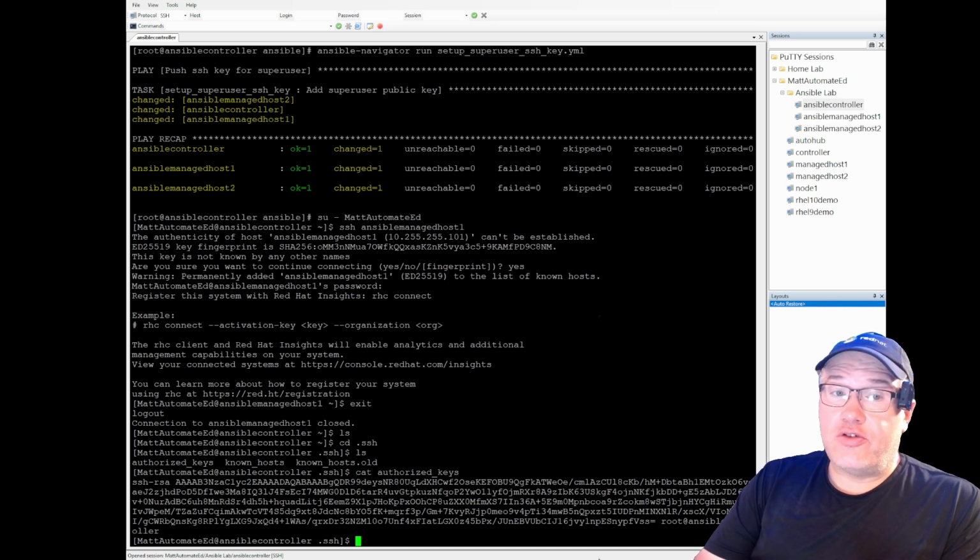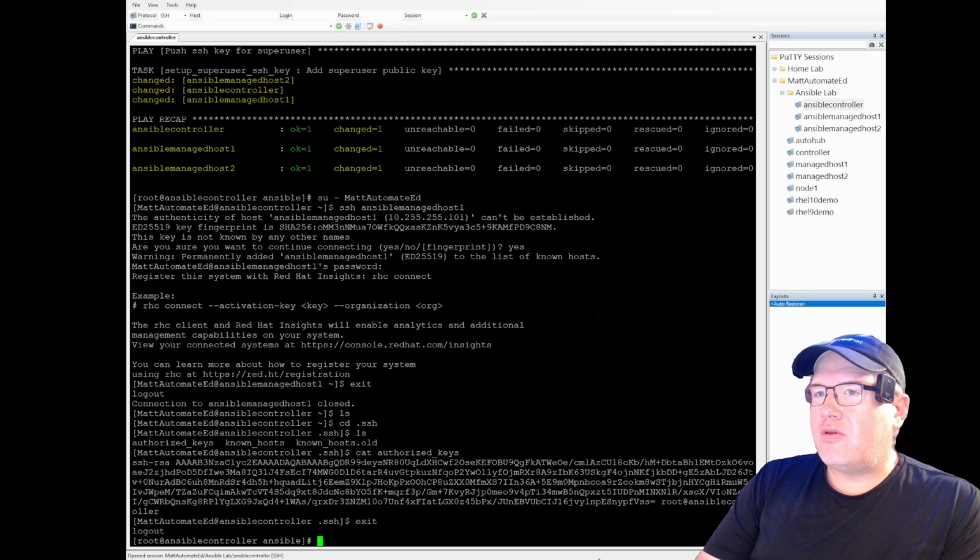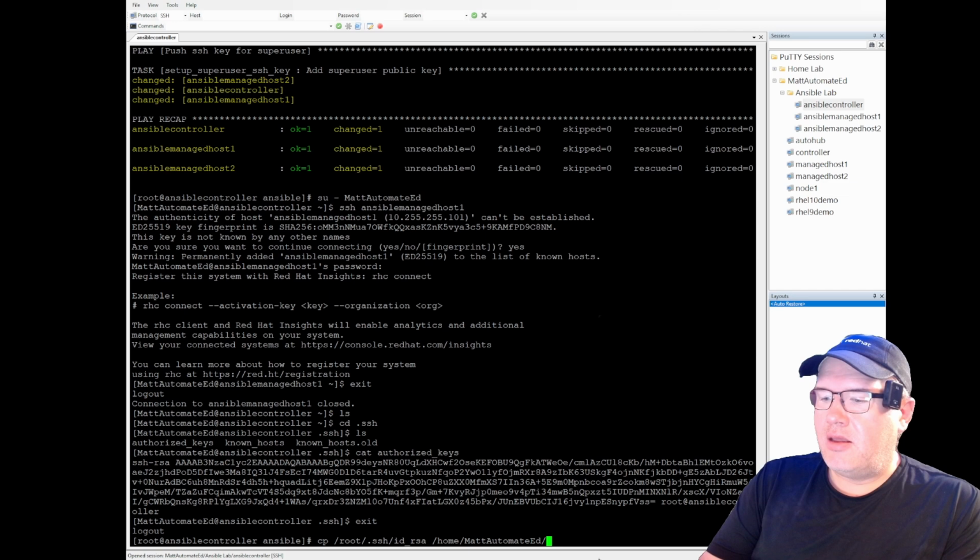Because this is my control node, I need to have the private key there as well too. I mean, you can't authenticate without the private key, right? And you only have to do this on your control node. So what we're going to do is exit out. So we're back at root. We're going to copy the root .ssh id_rsa, and we're going to put it under the home directory of matautomated .ssh